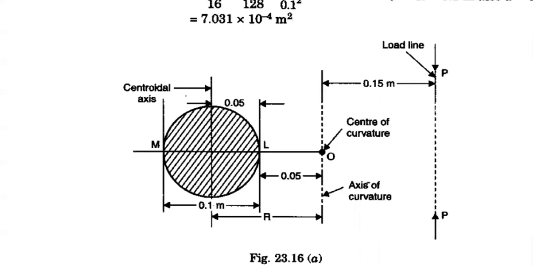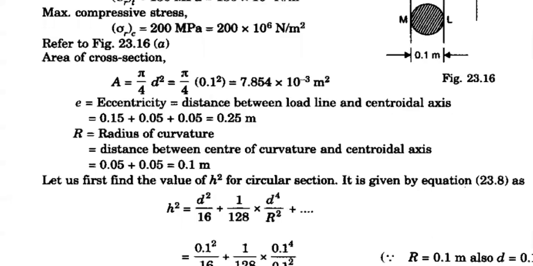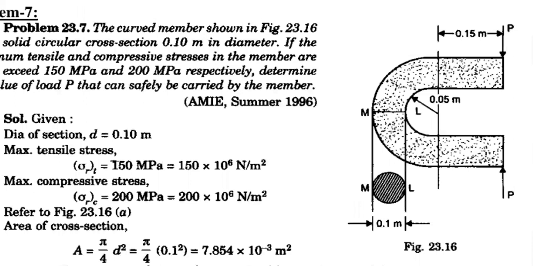Here, on the trapezium section, you have section AA and section CC. But here you have only M and L, the diameter ML. So mention the points M and L. At the center you have the centroidal axis. And please observe the load line. From the load line, here you have 0.15 meters. You are supposed to get the formula based on this figure. So I told you that this ML will be in this location, and he drew the figure according to that.